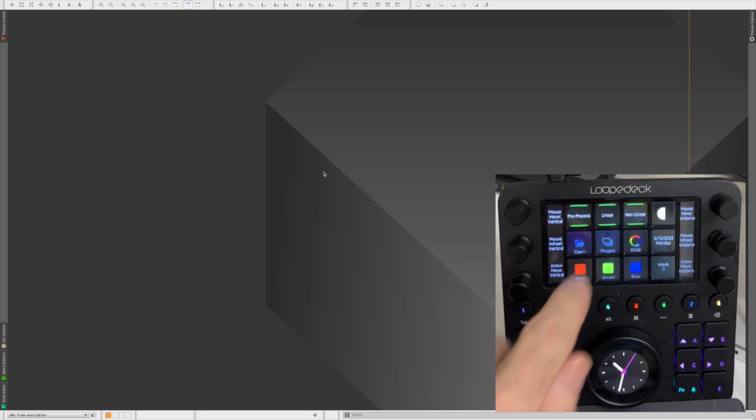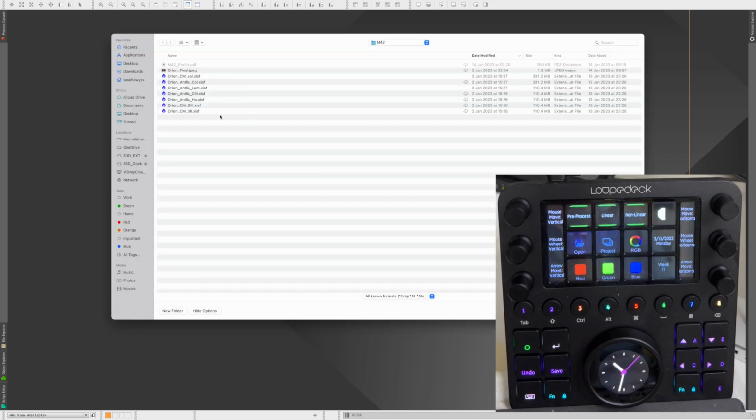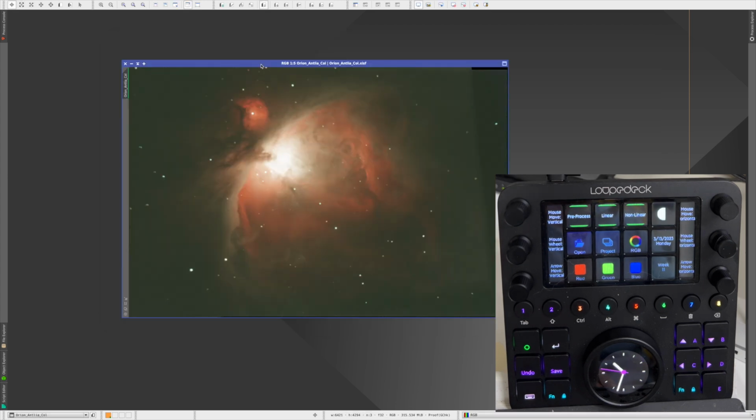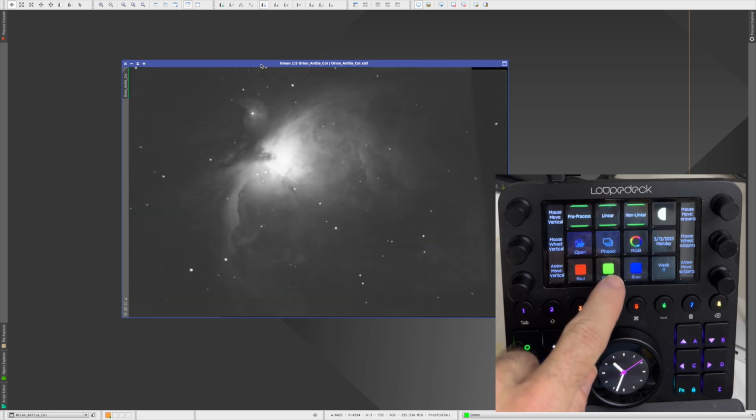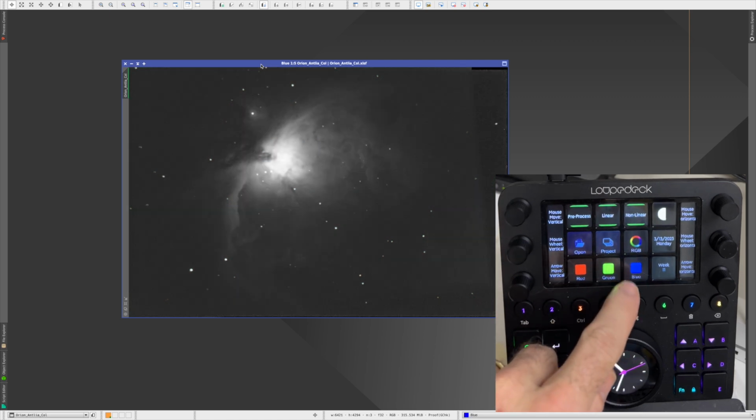So I press open and here it goes up. So I'll select one. Okay, and here we have our picture. If I want, I can just have a short overview of how the channels look like. I can look at the red channel, at the green channel, and at the blue channel,